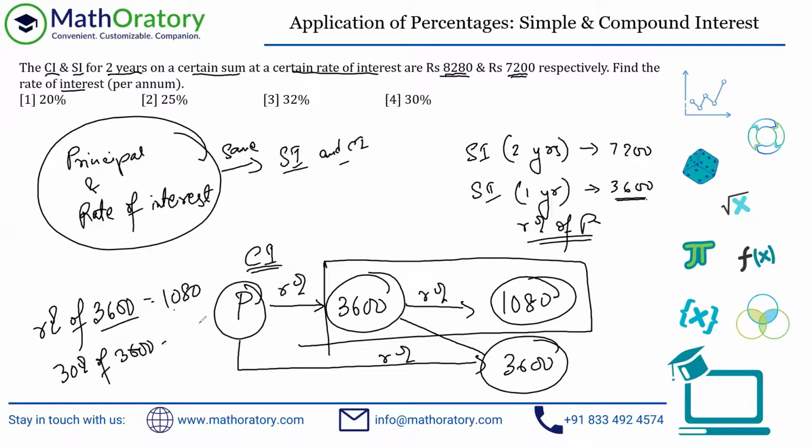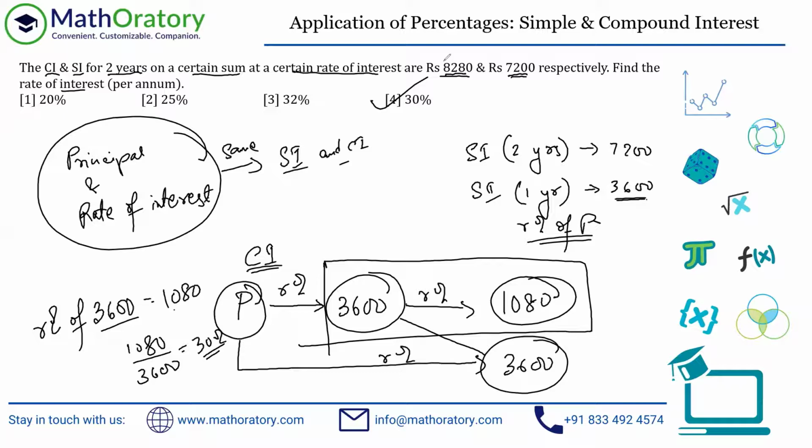There is an alternative way, which is also easy enough. All you do is calculate 1080 upon 3600 as a fraction. If you want, you can multiply it by 100%, but get it as a fraction first. That will simplify matters for you. So this will give you 30% as an answer. So that is the requirement. Pretty straightforward, I believe. This is a very important idea when it comes to simple interest and compound interest. A lot of questions are developed based on this idea, and this type of direct question also appears in a lot of different exams.